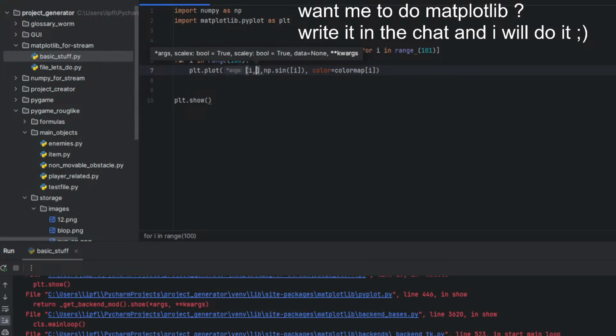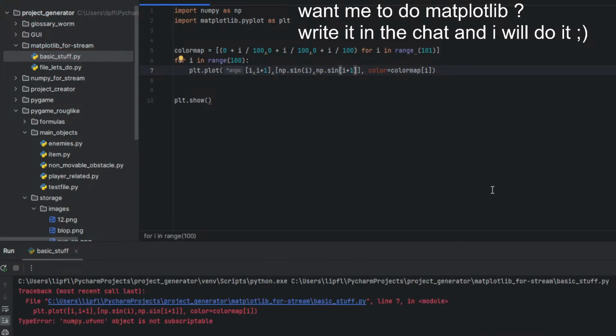What I want to do is smaller steps, like i plus 1 and np.sin of i. np.sin of i plus 1, like this.